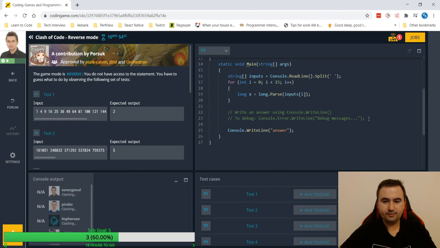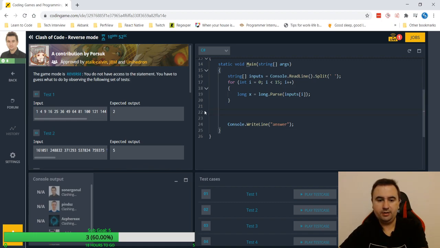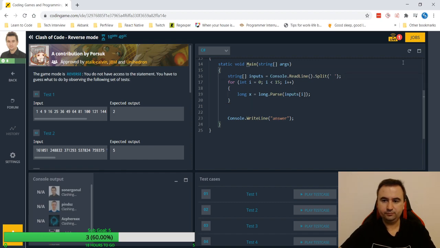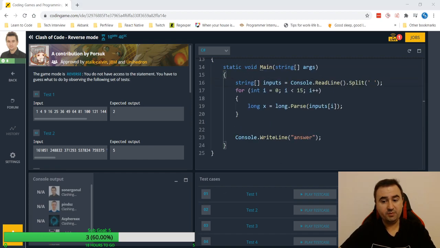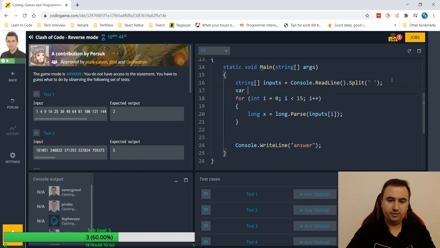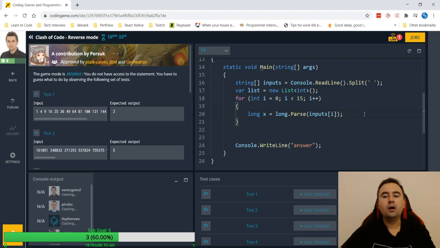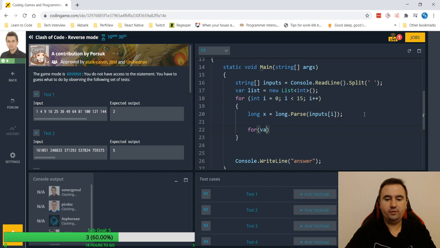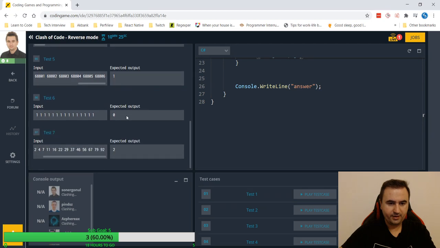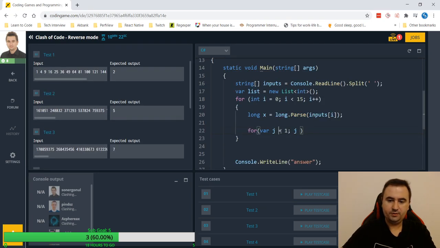For 10, calculate like that. Maybe, I hope it will work. For every input here, these are the maximum 10 numbers. Oops, here they have 0 also. Okay, starting with 0, less or equal than 10, plus